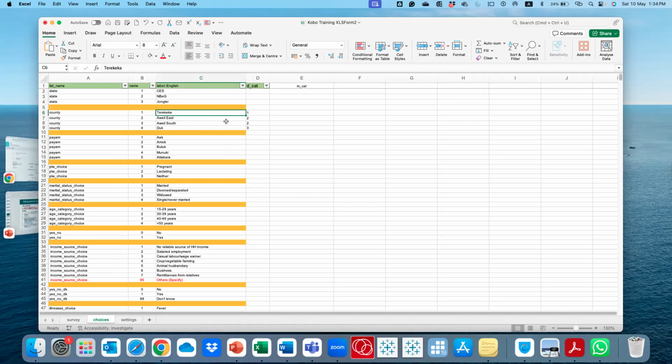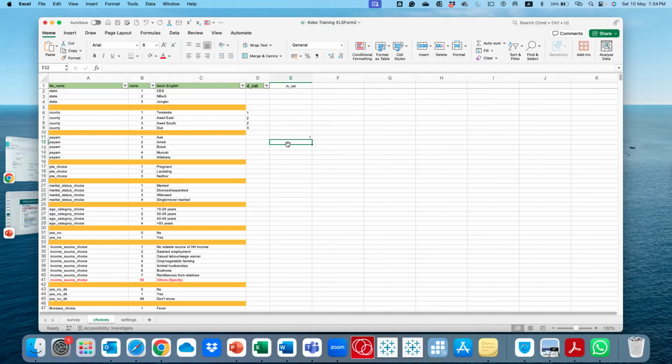This county is under 1, which means it's under Central Equatoria. 2 means it's under Northern Bahr el Ghazal, like that. If you want to add a payam under this column, you also indicate it. For example, if Alek is in Terkeka, then Terkeka here is 1, so Alek is 1.